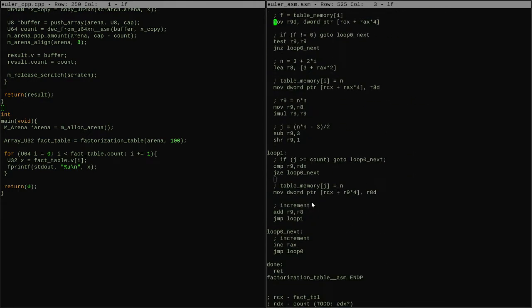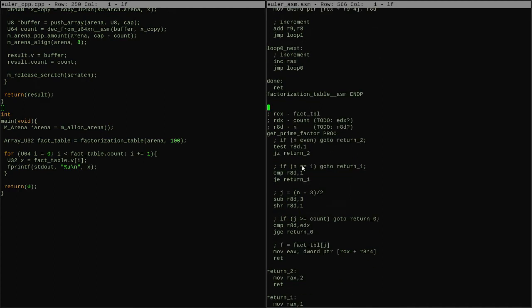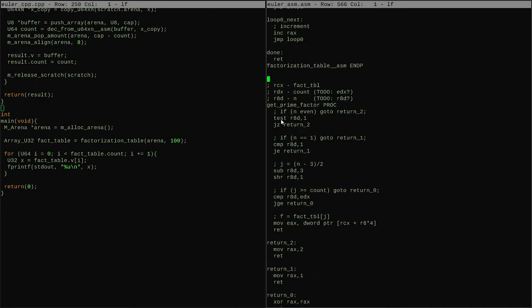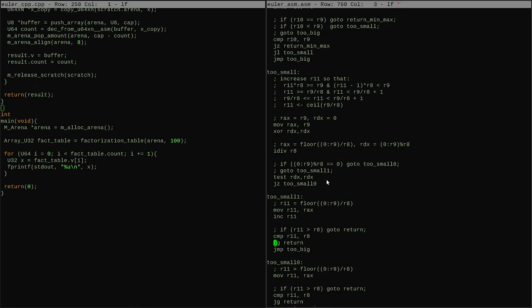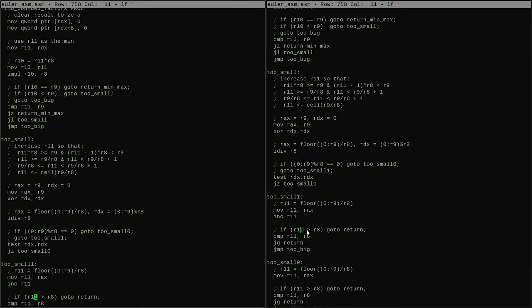All right, so the factorization table looked like it was working. Let's keep going here. Jump 0, jump greater than or equal to. I think this is another case where anywhere I have jump greater than or equal to is going to be wrong. So let's